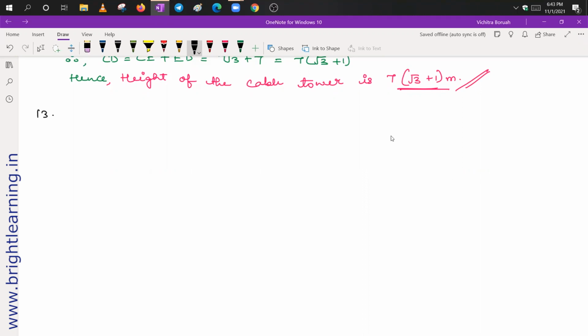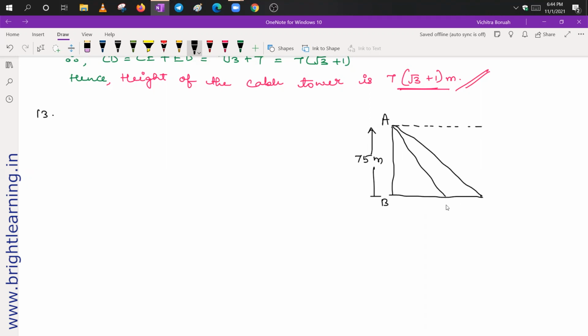So suppose there is a lighthouse. Suppose this is AB, the lighthouse, and the length of this lighthouse is given, that is 75 meters. This is the height of this lighthouse, and from here it is observing two ships. So if I draw a horizontal line here, and suppose this is the sea.